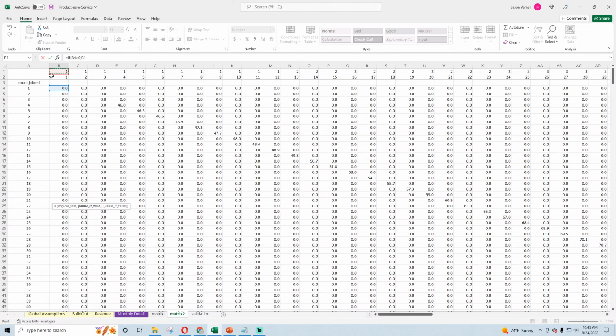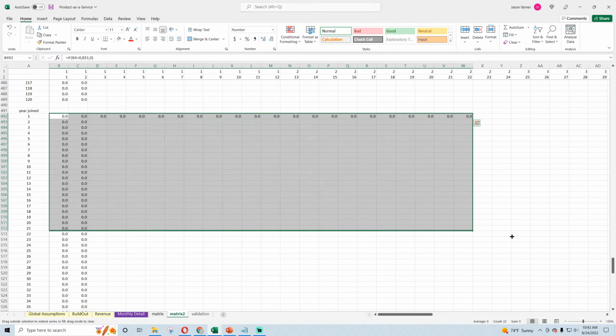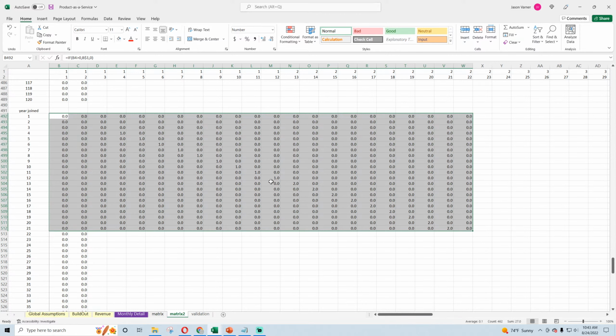And that's all I want. So that little piece of logic is all I needed to do, but I had to do it dynamically, so we got to do another matrix. So B4. So now you can see here, I can always know what year each one joined.